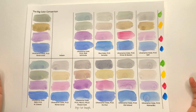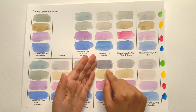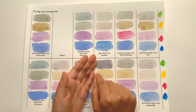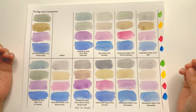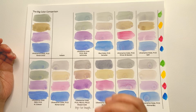And by that, what I mean is to say you want to neutralize a color and you have a little dot of green, you're going to need a lot more of your ultramarine violet to mute it out. And that's the same for mixing ultramarine violets with any of the phthalos and the quinacridones. It's just going to lose out on those really strong colors,